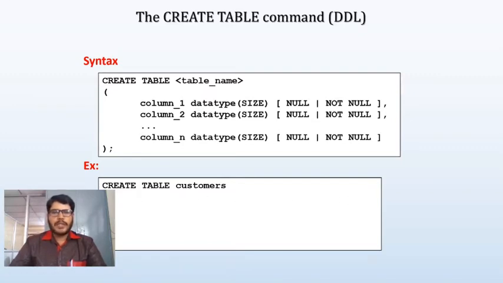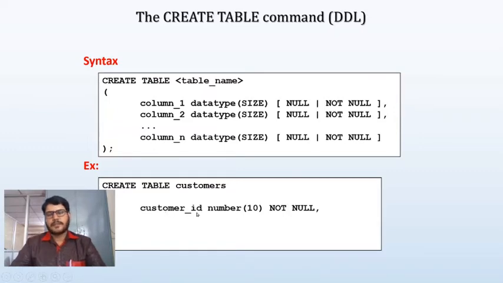Immediately after that I have to open the parenthesis. I have to give the open parenthesis here. So again, let me give the open parenthesis. Now I have to specify the column definition. Assume that I'm going to specify customer ID as the first column. So let me specify customer ID as the first column name. Please try to observe here. I'm going to use two separate words, customer and ID here.